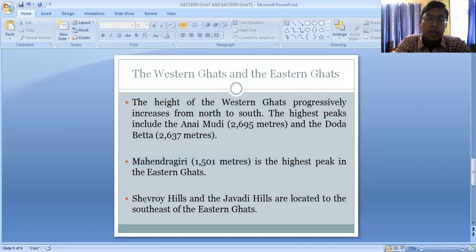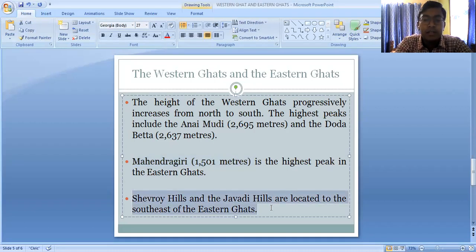Okay. Sevrai Hills and the Javadi Hills are located to the southeast of the Eastern Ghat. Basically, in this Eastern Ghat, the Sevrai Hills and the Javadi Hills are small hill ranges found in the southeast part of the Eastern Ghats. Okay. So these are some of the basic differences between the Western Ghat and the Eastern Ghat, which mark